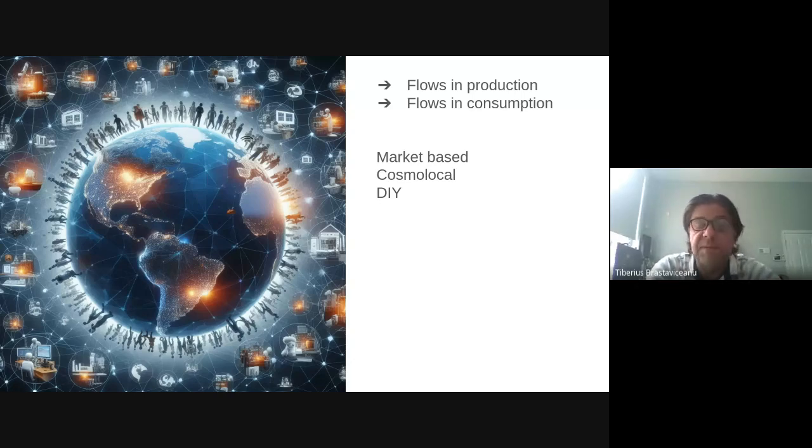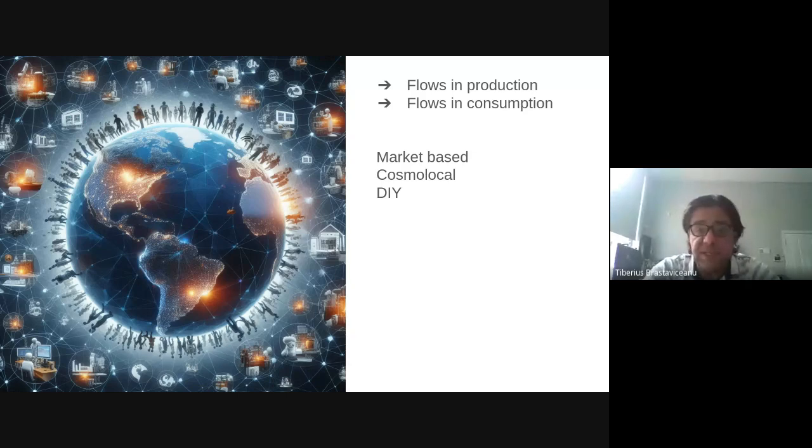Okay, so obviously we have the market-based flows that happen on both sides. Things that flow into a production context, we call the supply chain. Companies purchase materials and components from other companies, and there's a market for that. It's a sort of B2B market, business to business. And then once the product is made in capitalism, it goes out to consumers also through market exchanges, right? So we know that.